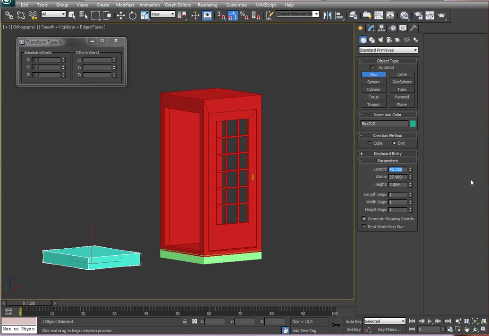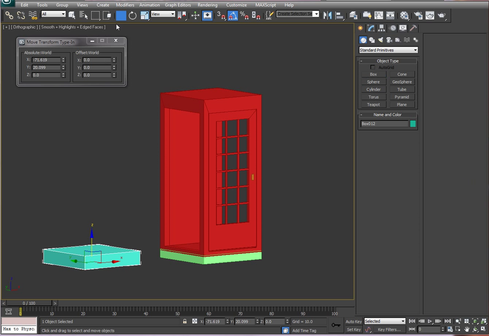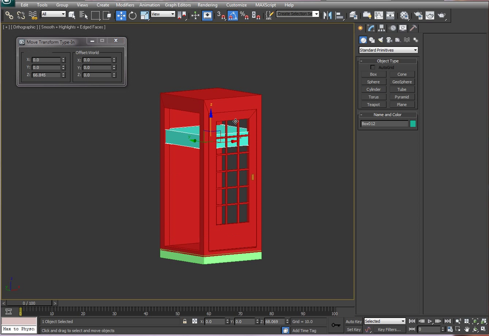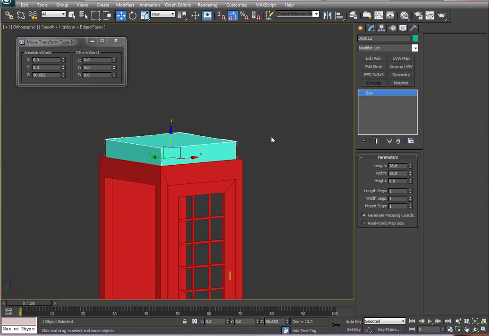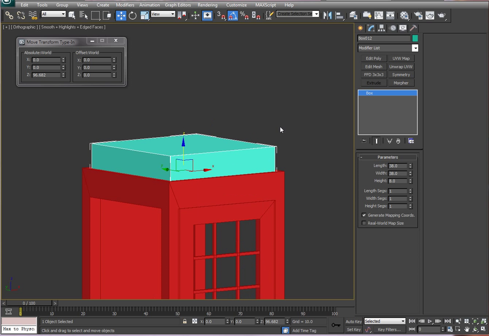In this case, I'll make it about 40 by 40 by, let's say, 8. With the transform type in, I can very easily move it into the center to be aligned with everything else. And simply because it's still available, I can easily change the width and height to make this little piece that's going to say telephone. Now that's very low poly, and what I wanted to do is add the word telephone